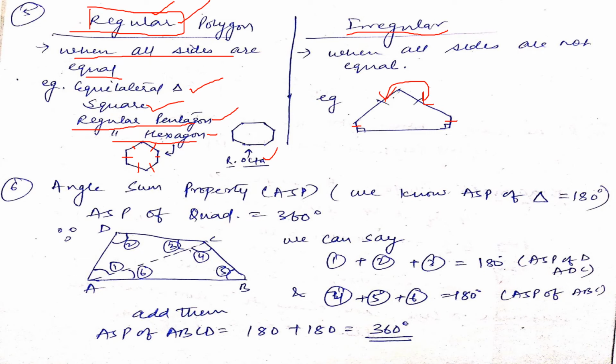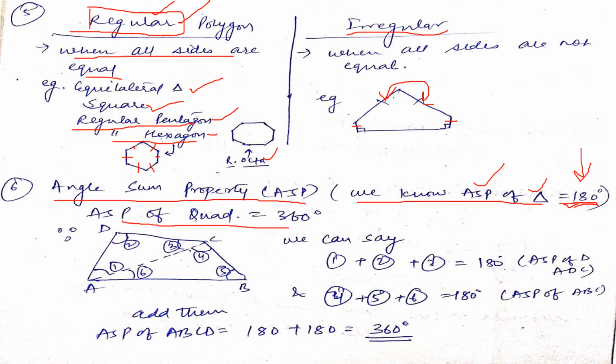Now, angle sum property. You all have heard of this term. This angle sum property is applicable for all the polygons. In the last class we studied for the triangle and we know that the ASP of a triangle is how much? 180 degrees. That is, the angle sum property of a triangle says that the sum of all the interior angles of a triangle is how much? 180 degrees. Yes. Similarly, the ASP of a quadrilateral we will understand in this class is how much? 360 degrees. Now you will think how I got this answer. For that, let's derive this by this figure.